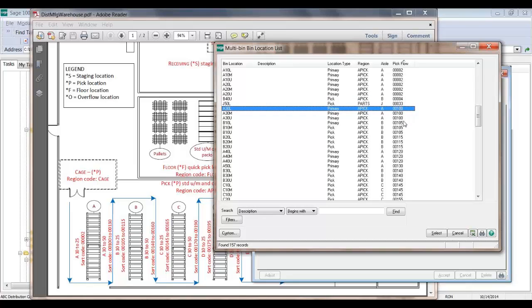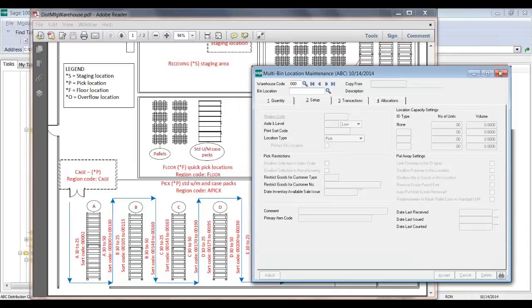So then we come down to 100, and you can see now I'm picking left to right. A30, then in B10L through B10U, I'm picking on the right. Still picking on the right up through B20. Then I'm going back to the left-hand side to 40. So I think you're getting the idea, and this is how we get the perfect pick flow